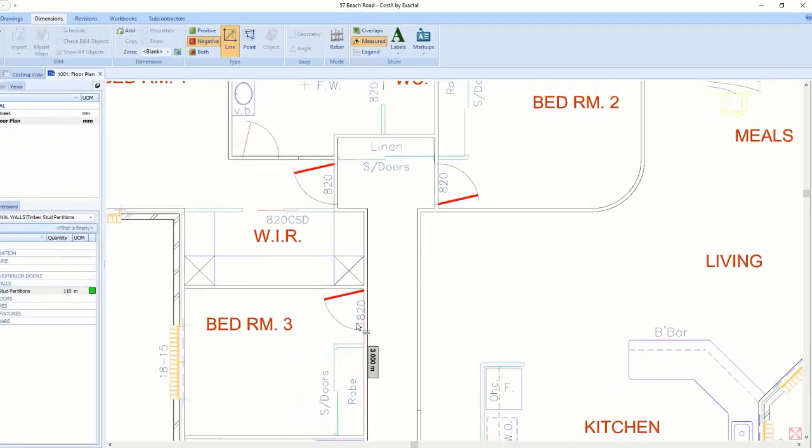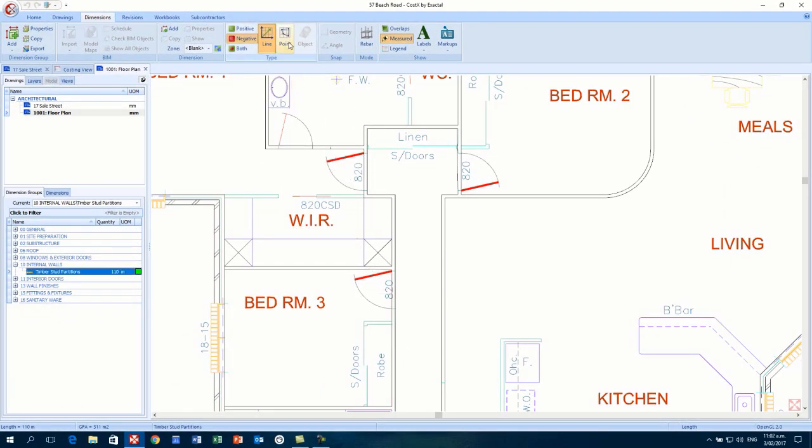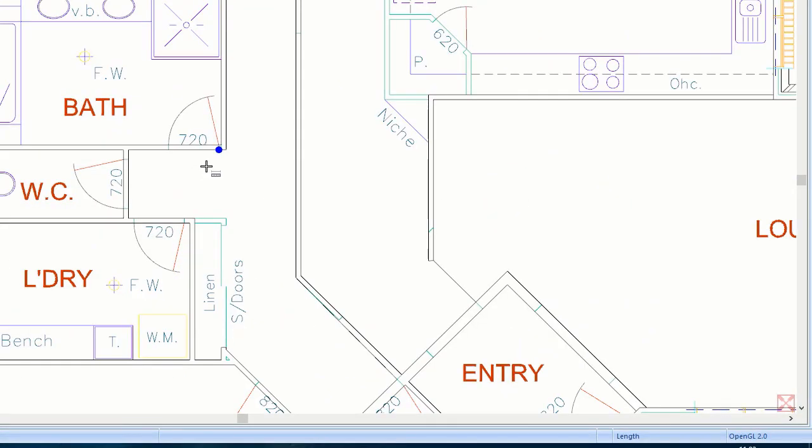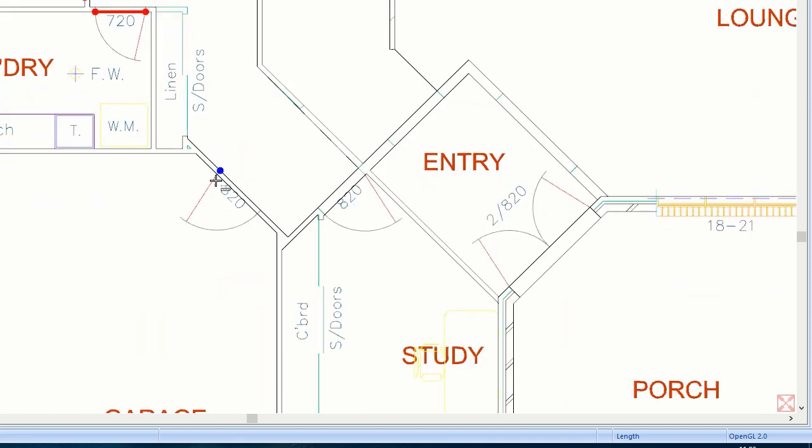Another option is we could actually change to point mode. So I was in line mode when I selected the lines over there. I'll click into point mode, and now we could measure the actual opening instead of the door leaf. So I could just simply left click and left click again, which picks up that door opening, another door opening over here, another one over here, and I'll do the two deductions at the bottom of the corridor for these